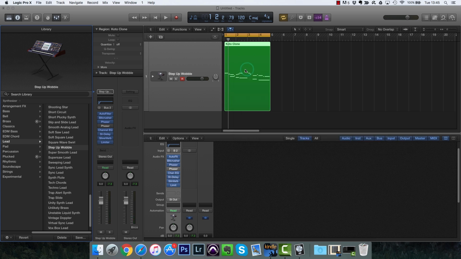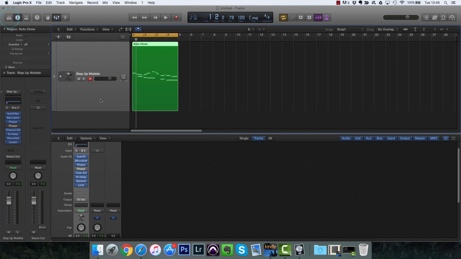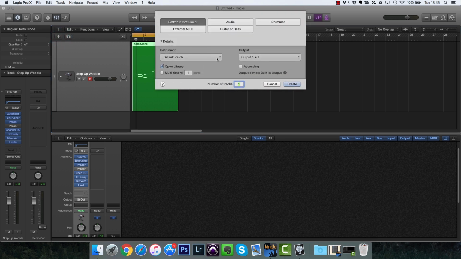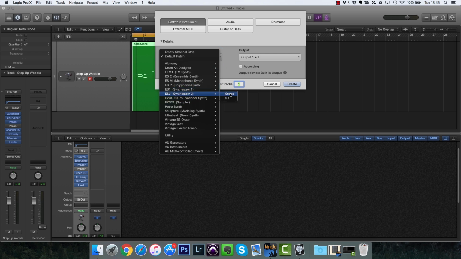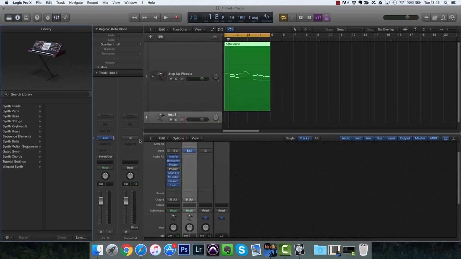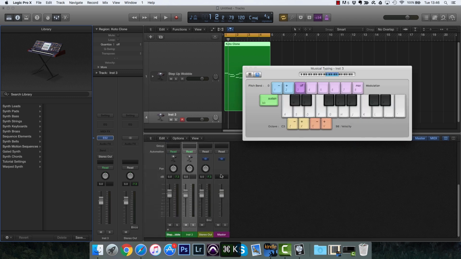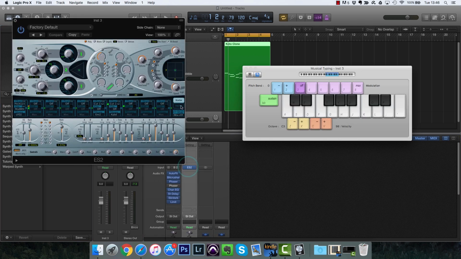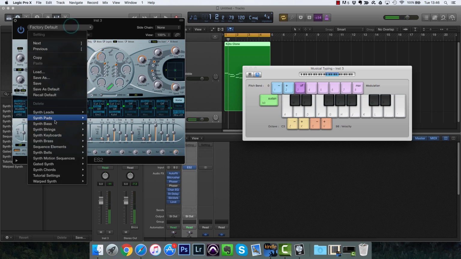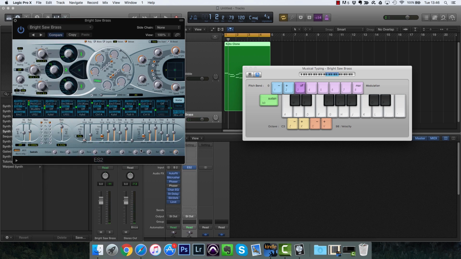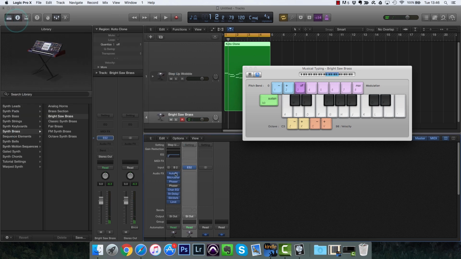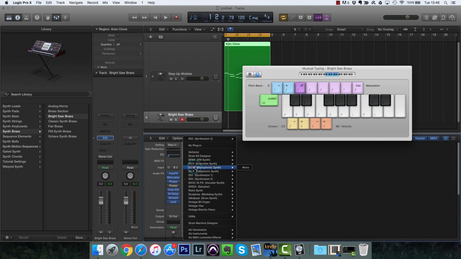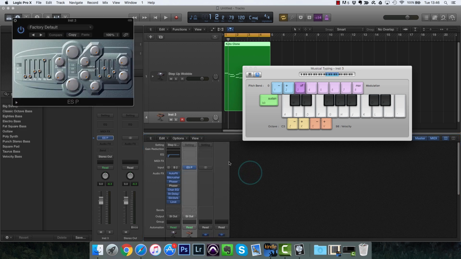So to use a synthesizer to create your own sounds, or to use a more traditional synthesizer, we can turn off the library and we can create a new track. We could do it on this track, but let's make a new one. Another software instrument, and this time we're actually going to go to the synthesizer, and this will create an ES2 synth for us. So now we can open that synthesizer, and now we've got a more traditional synthesizer. And you could also do it by just changing it here. So if I decided instead I wanted to use a different one, I could just change the input